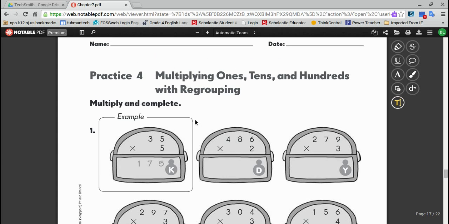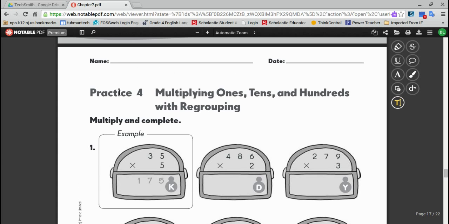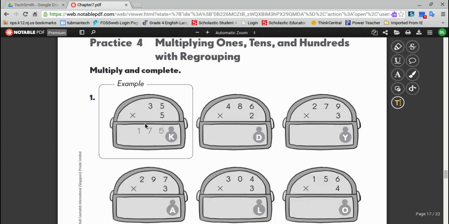This is page 135. Practice 4. Multiplying ones, tens, and hundreds with regrouping. Alright, so they do the first problem for you, the example for you, and let's go over that example right now. Alright, so when we multiply